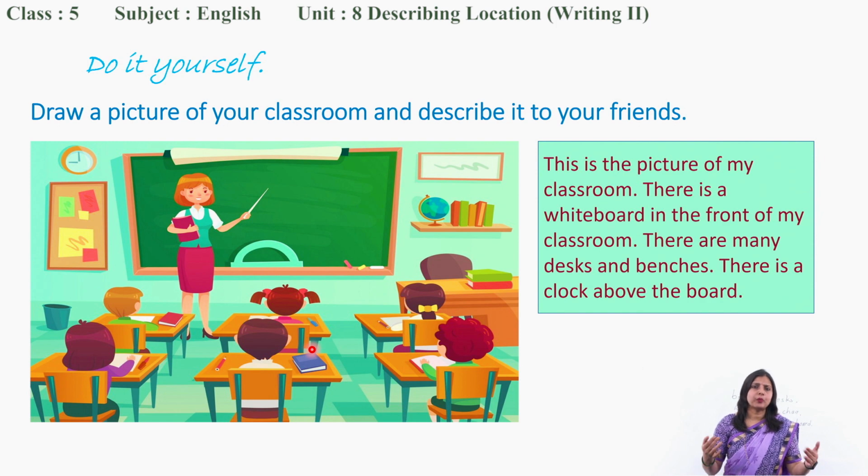Usually what happens, the board is always in the front. Yes, front of you, where you sit, the board must be front, right? And then the clock is usually above the board or beside the board. Here it is beside the board, isn't it? It is still above but beside. And you see there's a bookshelf also. There is a picture